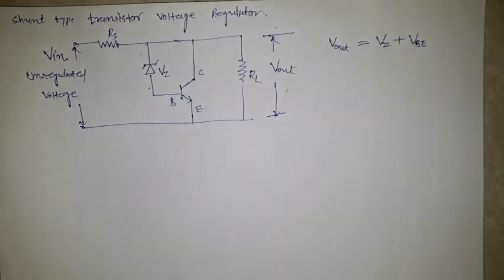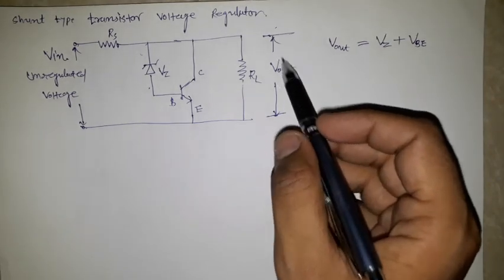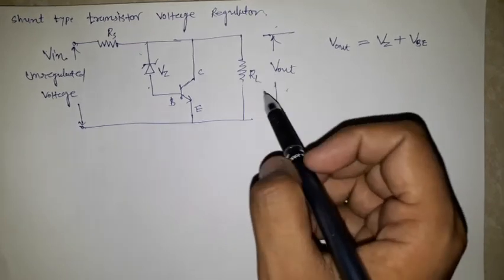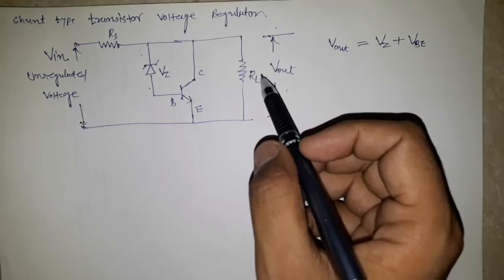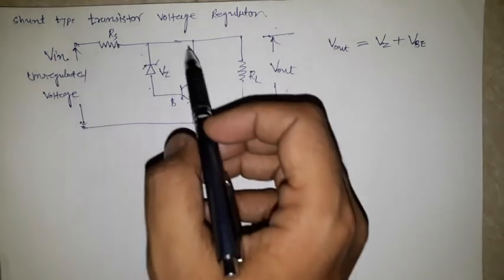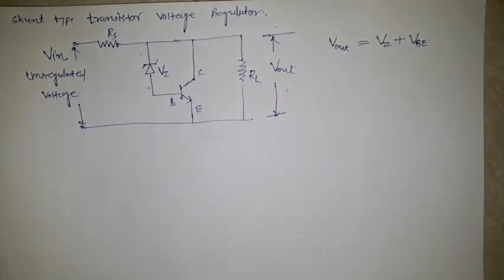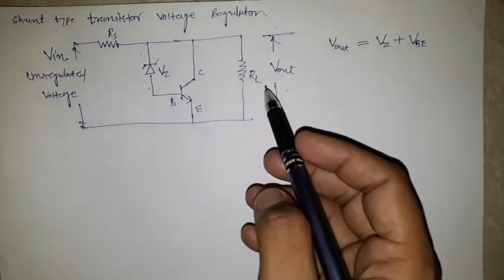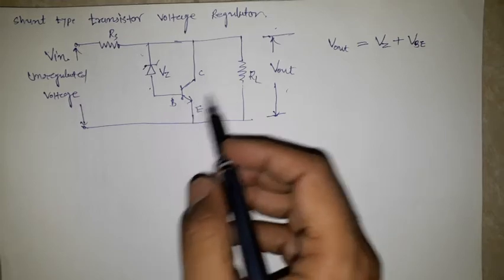The only noticeable change will be a slight increase in the load voltage. So there is a slight increase in load voltage or output voltage. Okay, this change will be there, but most of the increased voltage is dropped across this resistor through this transistor. Now conversely, if the output voltage tries to decrease, then what will happen? The voltage feedback to the base, here is the feedback.